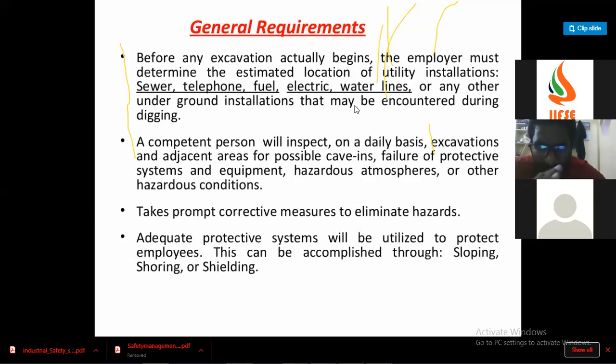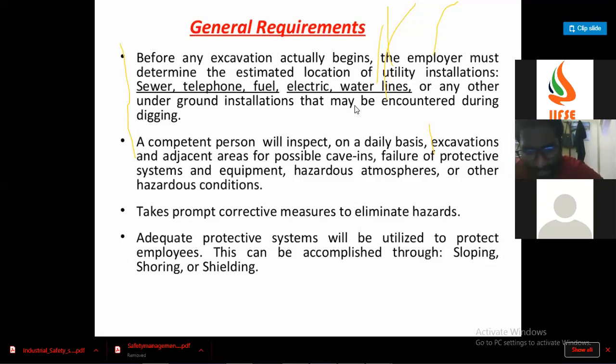What do you mean by failure of protective systems and equipment? If there are no wedges, or they are placed in unsafe locations, placed on a slope, or not with outriggers, all of those come under failure of protective systems. Hazardous atmosphere: if he is going inside and you left a gas cylinder there, the atmosphere may change. For every shift, the atmosphere check should be done by a multi-gas detector.